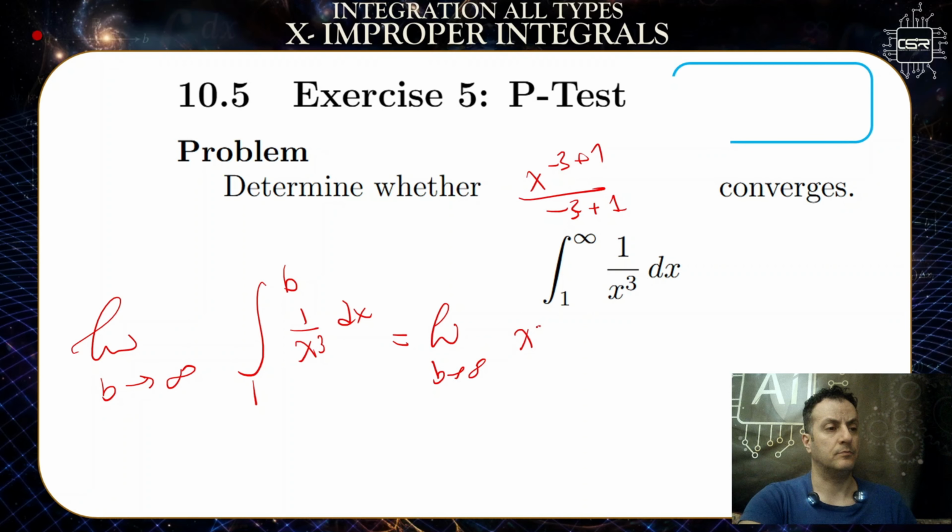So x to the minus 2 divided by minus 2, okay, between b and 1 equals,